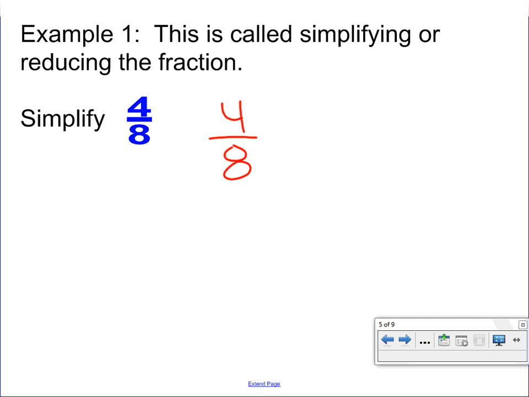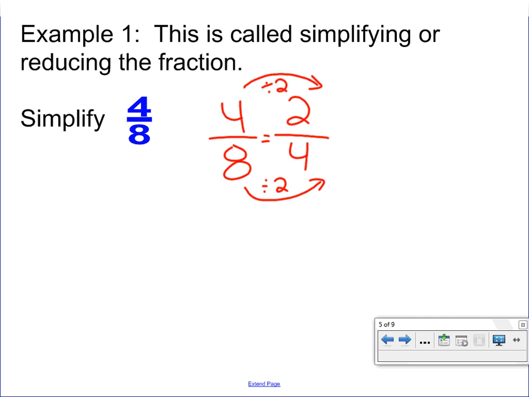And I know right off the top of my head I have 2 even numbers. And that tells me that if I have even numbers, I can always divide by 2. So let's try that first. 4 divided by 2 is 2. 8 divided by 2 is 4. 2/4. Awesome. One thing you always have to ask yourself as you simplify fractions, and this is the key question: